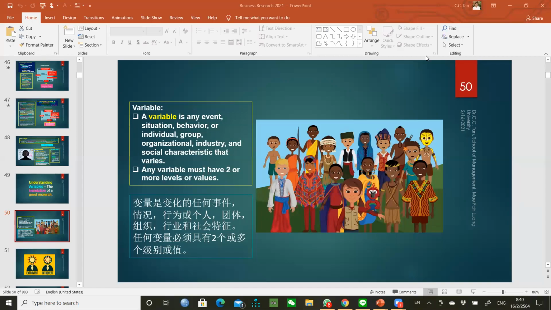Okay, welcome to the class on business research. We will continue on the topic, and today it's very important. We will continue to discuss the rest of the paper writing, article writing. But before that, I would like to bring your attention to a variable, because in research we are dealing